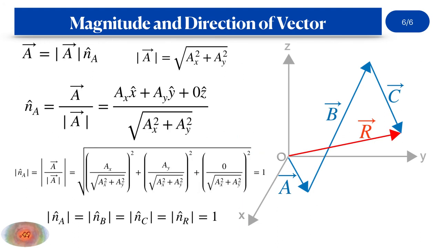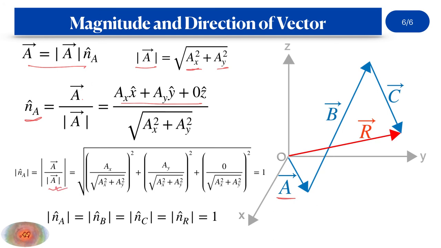Here is a simple mathematical derivation for the magnitude of a unit vector. This is the basic definition of a vector, where the magnitude part is represented by the root over of the sum of its component squares. If you want to find the unit vector, just divide the original vector by its magnitude. So the original vector can be written as this, where the z component is 0 for our vector a, as I have assumed, and the magnitude part we know, and I have written it over here. Now take the magnitude or mod of this unit vector.